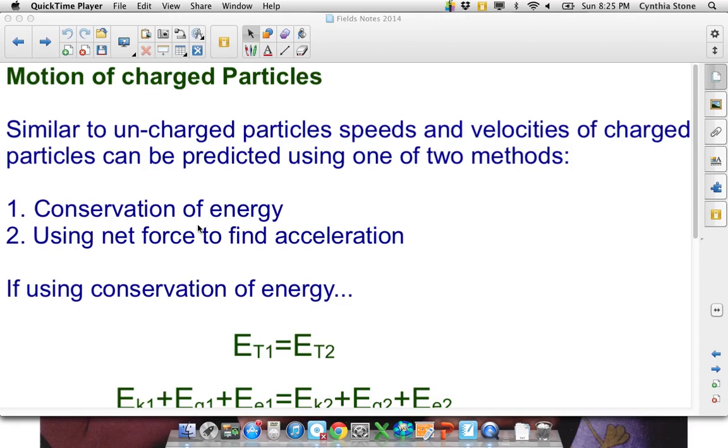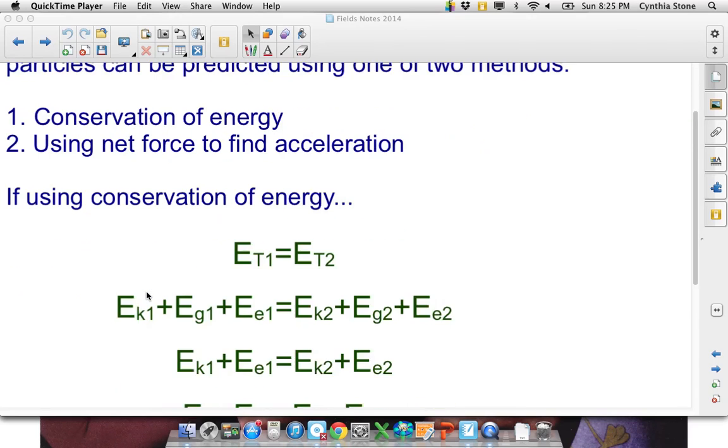But really, it's all the same stuff. And we use the same methods to find speeds or velocities, or if it's acceleration, then you have to use this one down here. The first part of our video will be conservation of energy. That's the first video and all the examples. And the second part will be using net force. Okay, so if we're looking at conservation of energy,